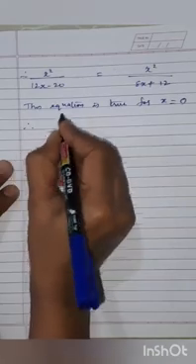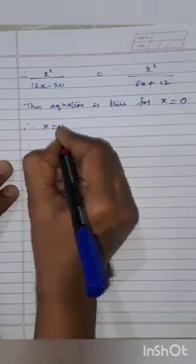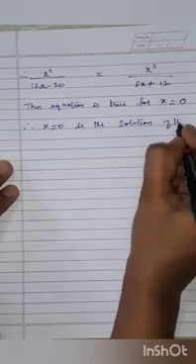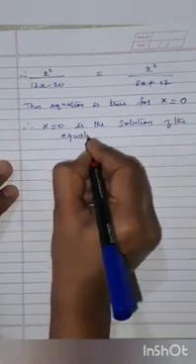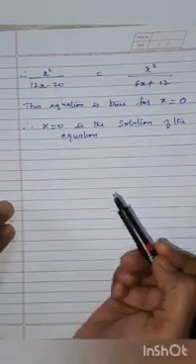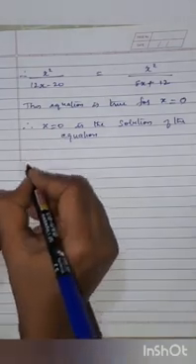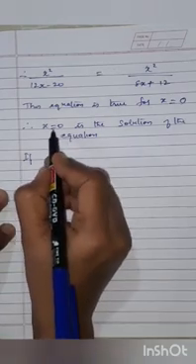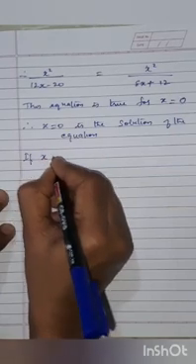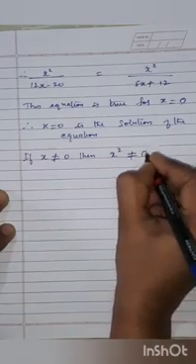So that means children, if this equation is true for x equals to 0, means x equals to 0 is the solution of the equation. Okay, so that means x equal to 0 is one of the solutions, and there is one more number other than 0 that is a solution that we have to find out. So that is what we are doing now. If x is not equal to 0, then x square is also not equal to 0.